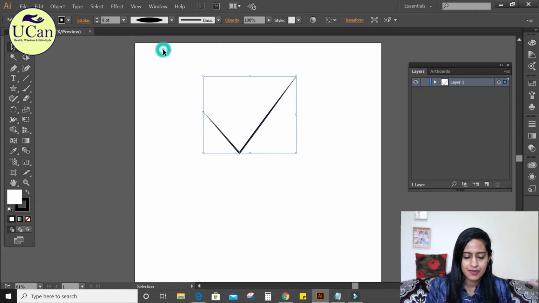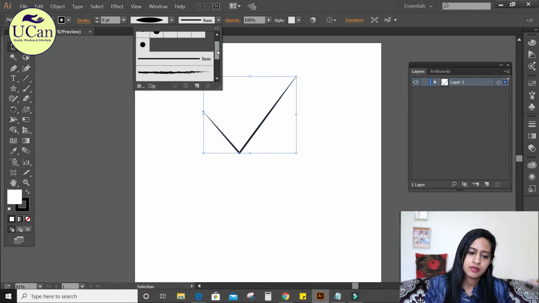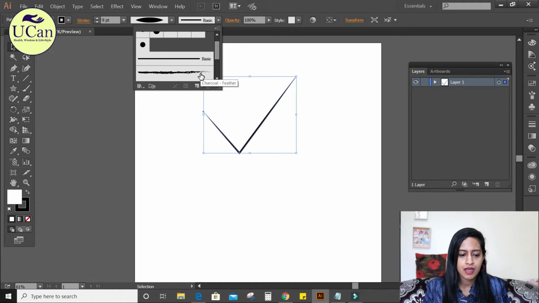And so if you want to make this line artistic, of course you have these options over here. You can click this, maybe it will give a bit of a shape to the line. Or if you want an artistic stroke, you can go ahead. I have already installed some, and some are basic, which is already in the software. You can install also, that I will teach you in another tutorial. So if I want a bit of artistic, I'll go ahead and click this.